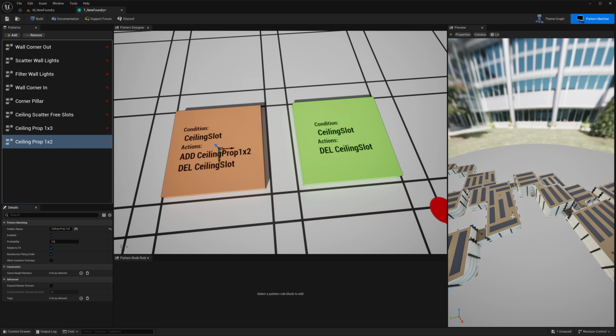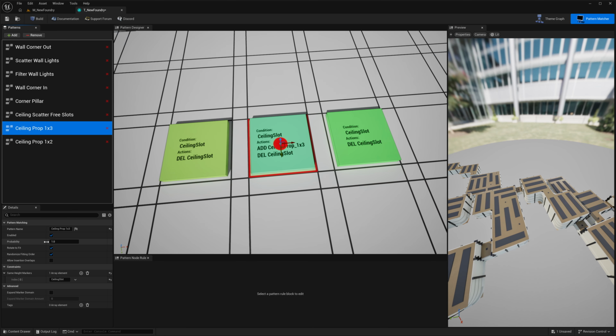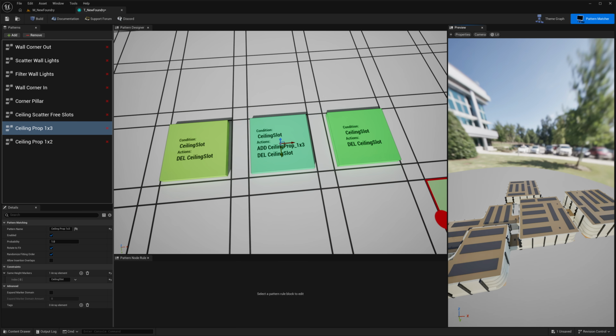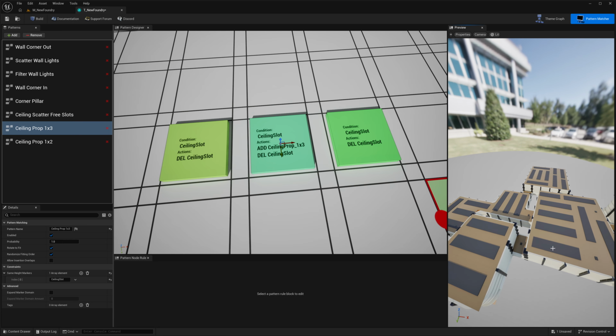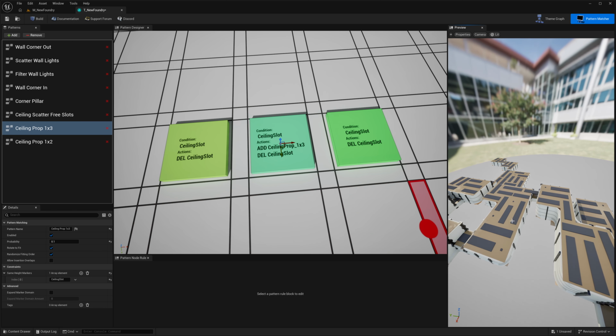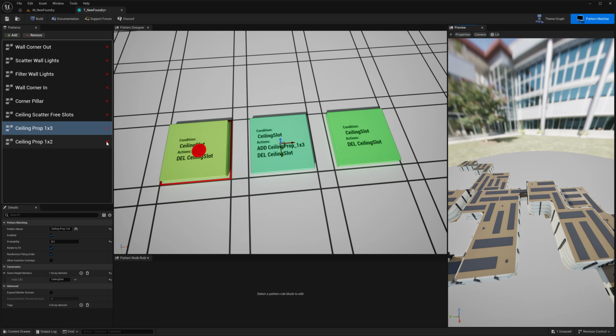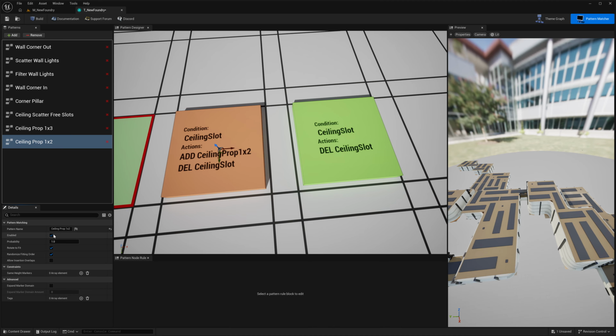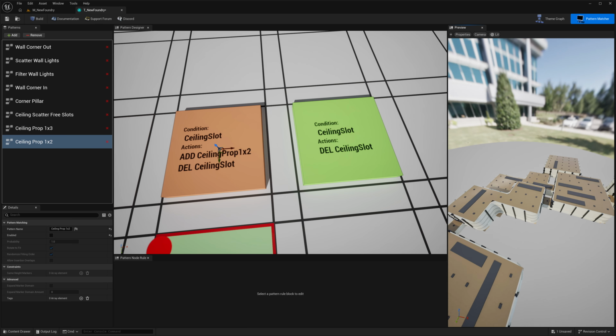So I'm going to enable this as well. So you have the probability variable here that you could use to, even though the pattern matches, this probability again decides whether we want to insert it or not. So I'm going to bring this down to maybe 0.1. And we have fewer of those 1x3s, if I disable the 1x2s, for example,